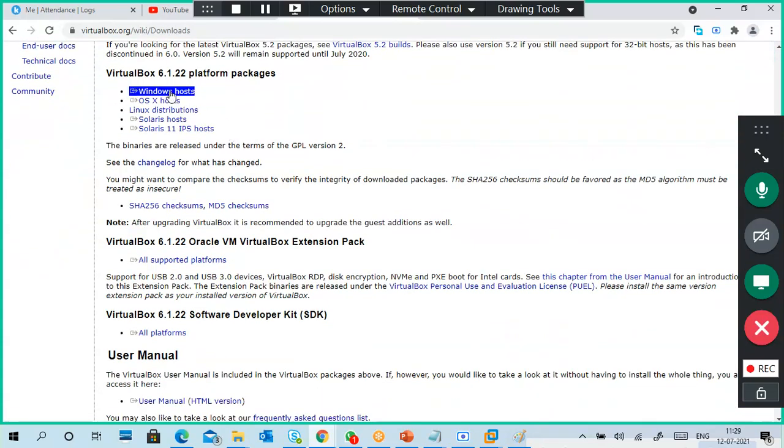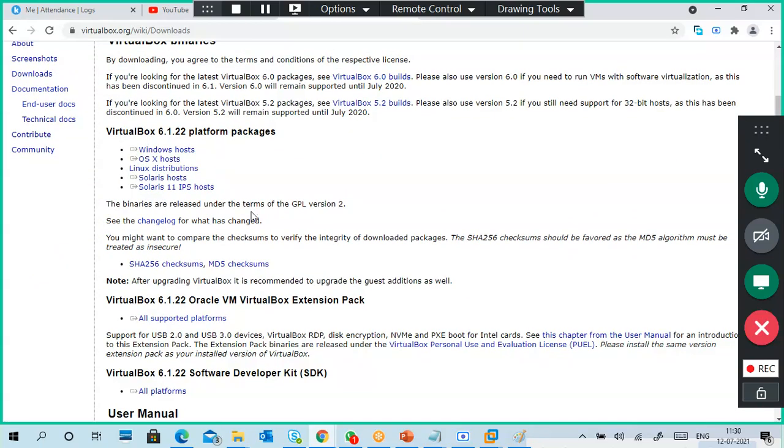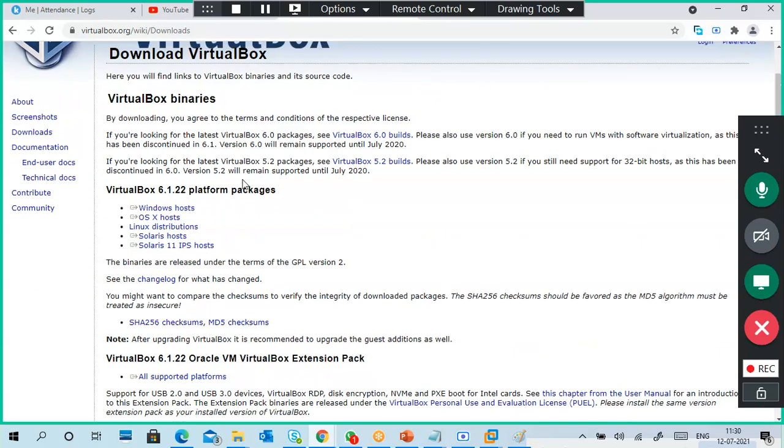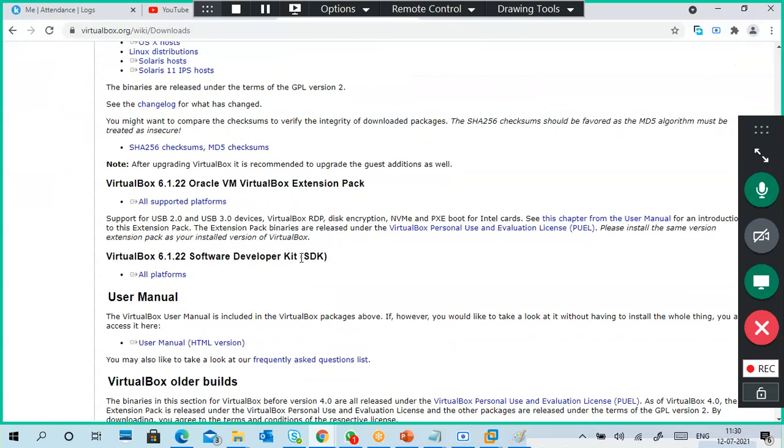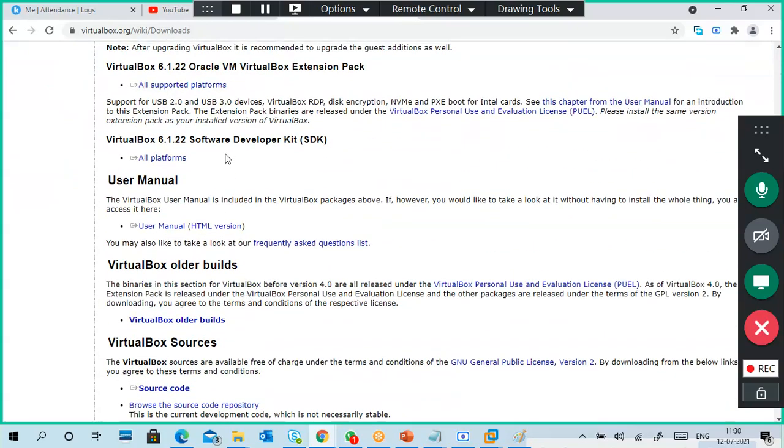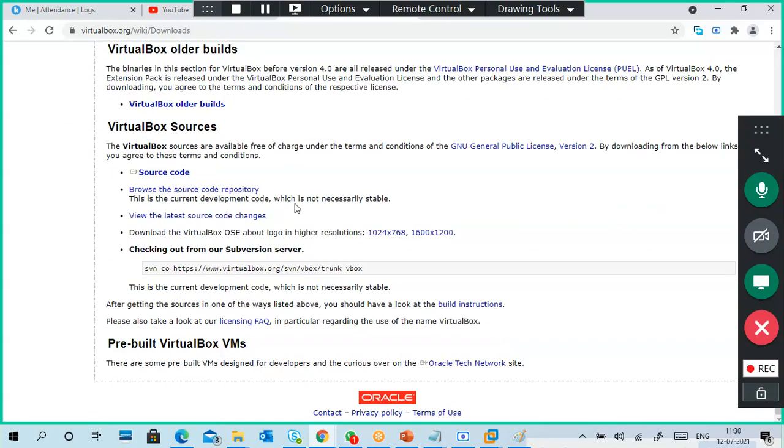Which platform package do you want to download: Windows host, OS X host, Linux distributions, or Solaris host? You can download based on your platform. It is also source code, so if you want to download and develop it as per your requirement, you can. For internal virtualization, you have to do some settings.